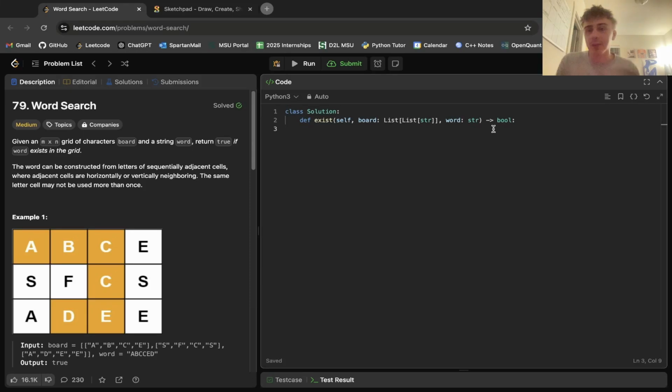Alright, so today's problem is word search. This is a pretty common problem. It's kind of a lot of people's, and my, first introduction into graphs using recursive backtracking. The problem is a medium, and it states: given an m by n grid of characters board